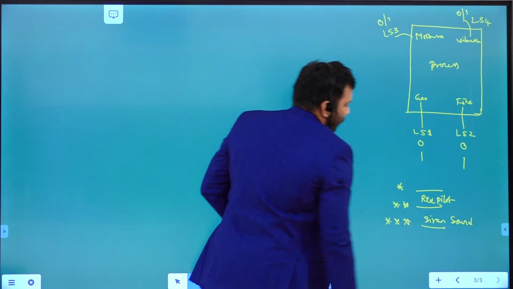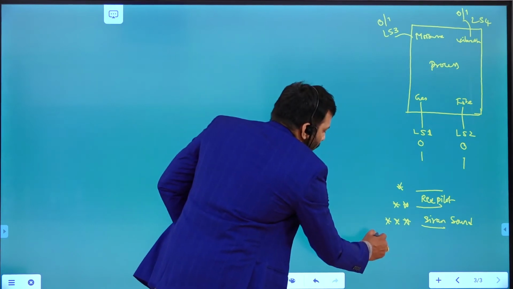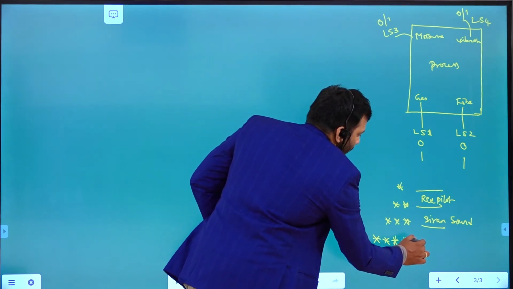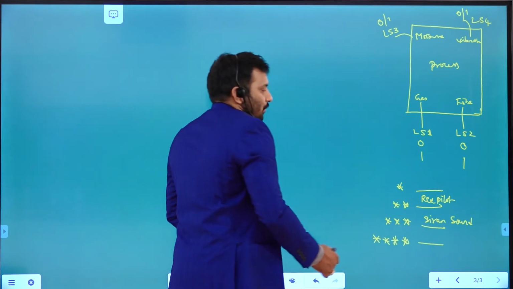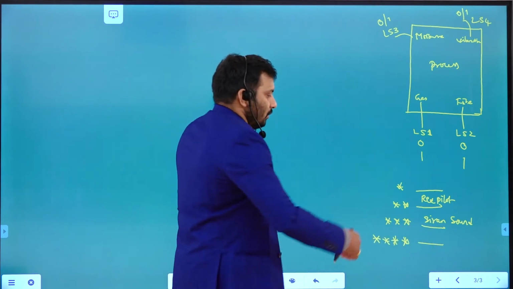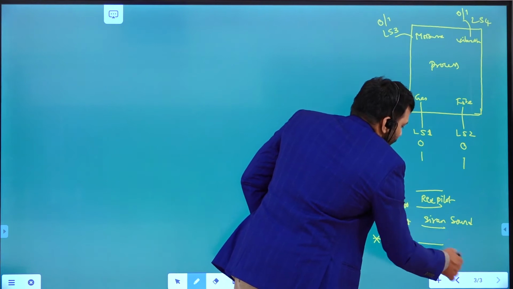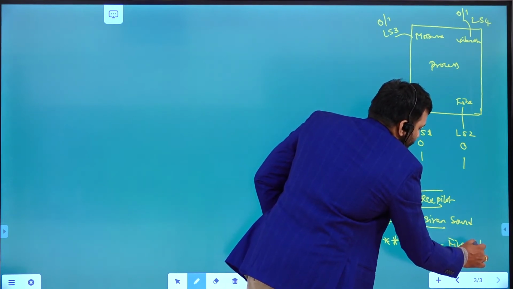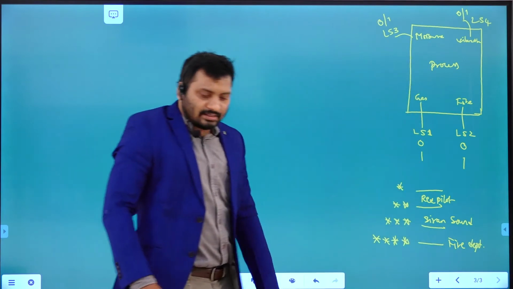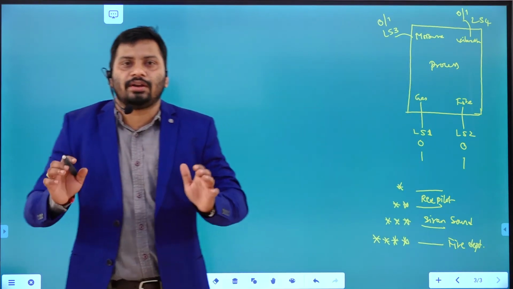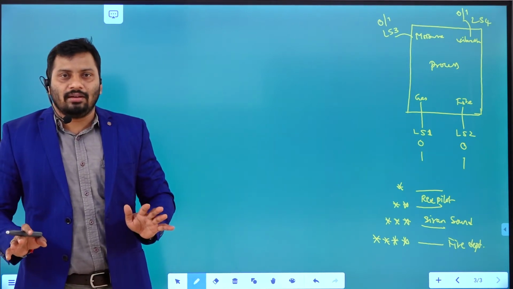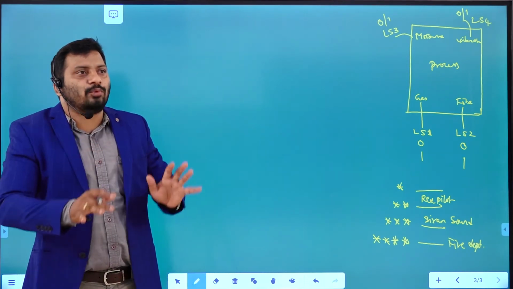Siren sound, right? So if 4 are going to be out of control, then you need to communicate with the fire department. That is the way I want to write a PLC program, right? So no one in the field can observe the value of these 4 parameters.